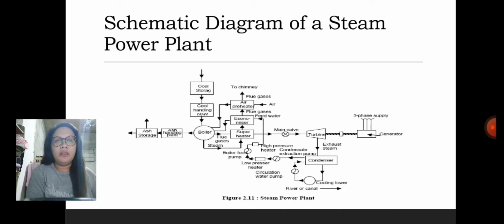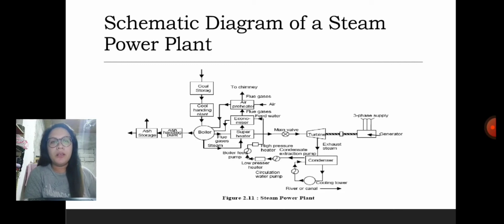The steam generated is passed through the superheater. Superheated steam then flows through the turbine. After doing work in the turbine, the pressure of the steam is reduced. Steam leaving the turbine passes through the condenser, which maintains low pressure of steam at the exhaust of